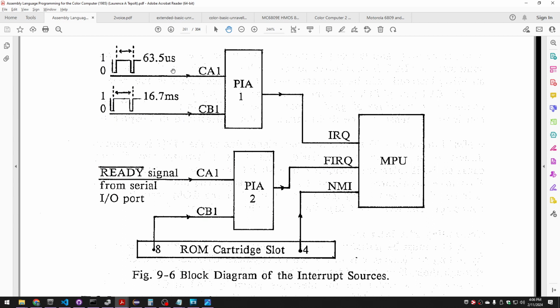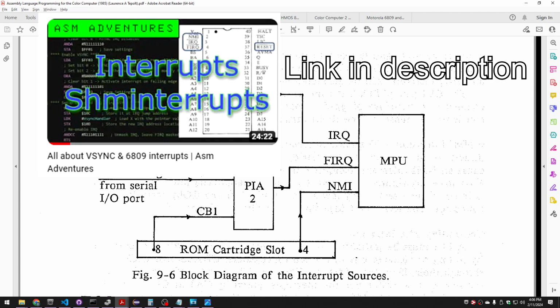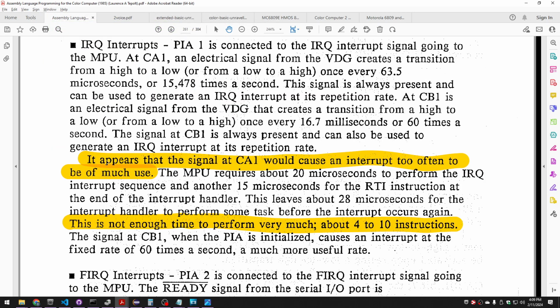Yes, this horizontal sync interrupt. We're about to get deep in the weeds of interrupts. So if you were unfamiliar with them, I would recommend you check out this video. Topult warns us that it appears that the signal at CA1 would cause an interrupt too often to be of